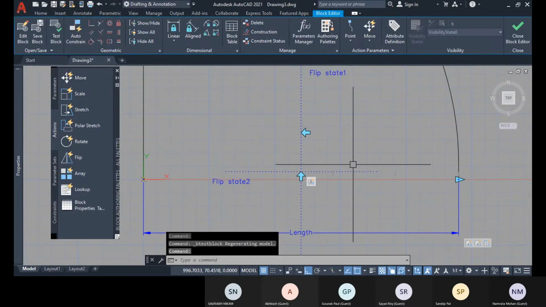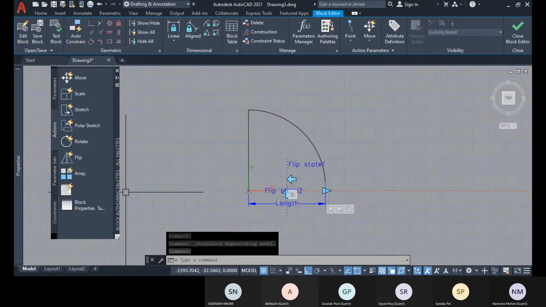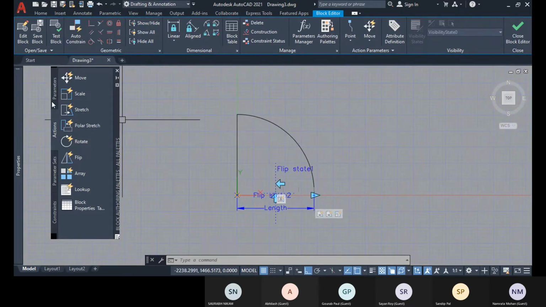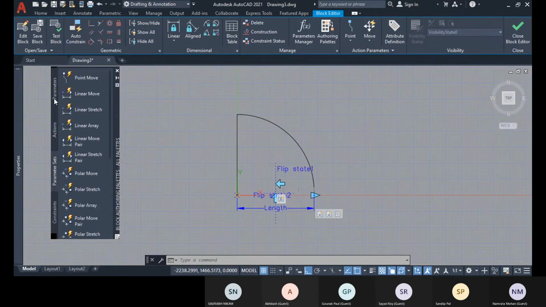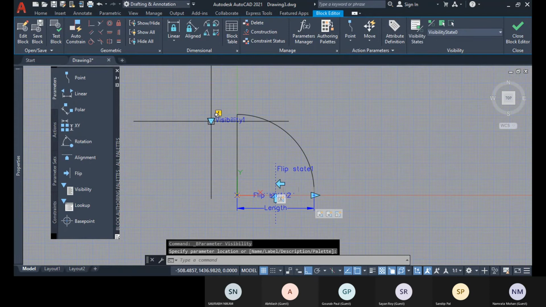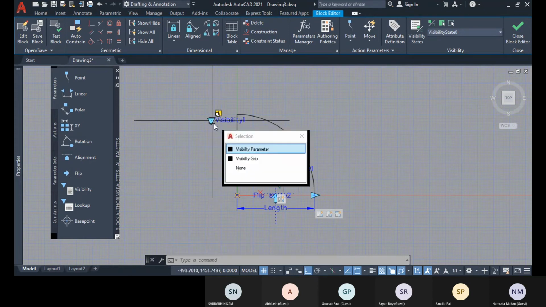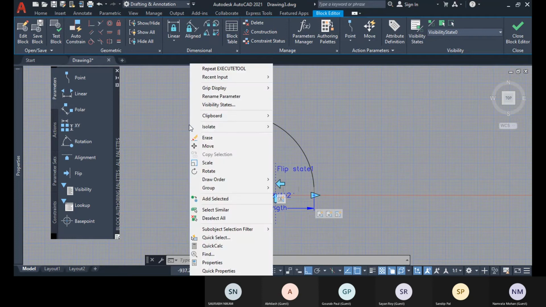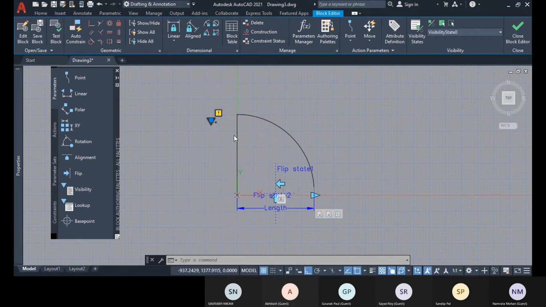Okay, and also you can change the, let me go to this visibility option. So there is this visibility, and you select this visibility parameter and right click and rename the parameter, like you can make it like plan or elevation.